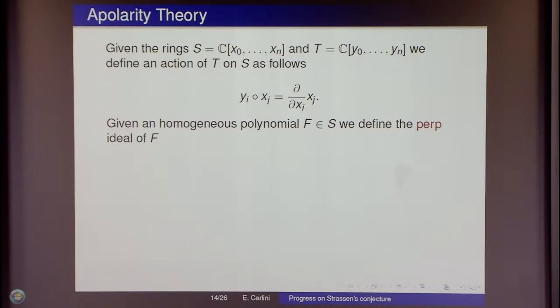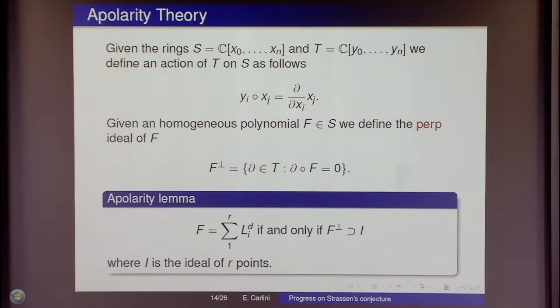And once you make this, you can attach to each homogeneous polynomial F in S a very nice object which is called the perp ideal, which is basically the set of all differential operators killing F. And you can prove that this set is closed under addition, very easy. It's also closed under outside multiplication, so it is an ideal, and it has a very nice property. But the most important one, relating it to Waring rank and the Strassen conjecture, is the so-called apolarity lemma,